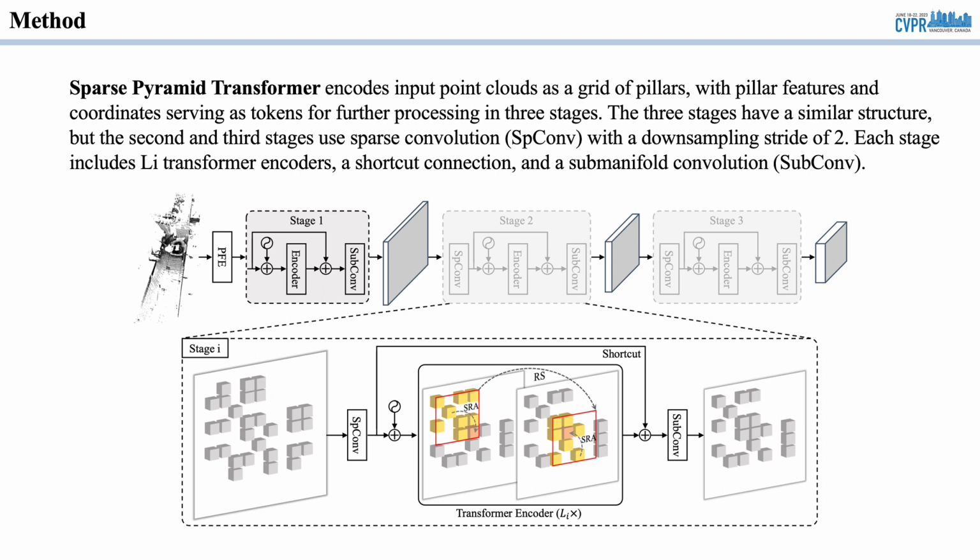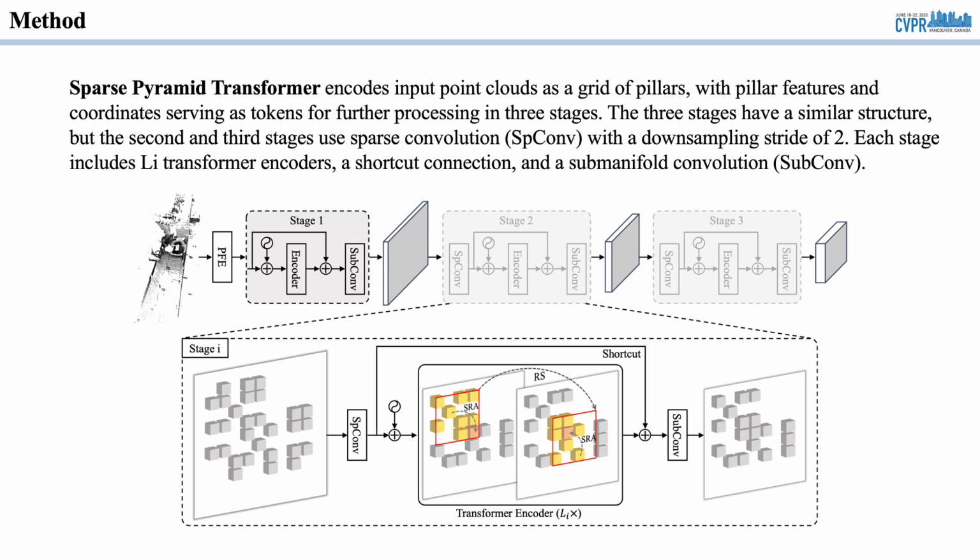In stage I, it has Li encoder layers, each of which is composed of 2 sparse regional attention, SRA, and 1 region shift, RS. SRA is applied to perform self-attention on the tokens that fall in the same region, accompanied by the positional embedding based on the positions of tokens in each region. RS is employed by adding offsets of half of the region size to expand the receptive field of the tokens